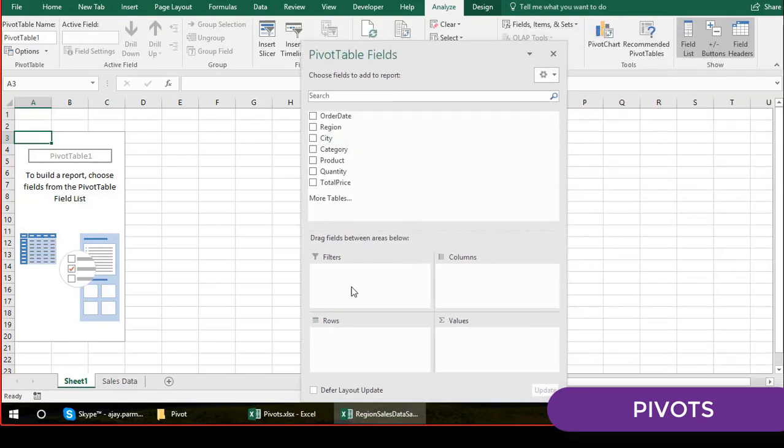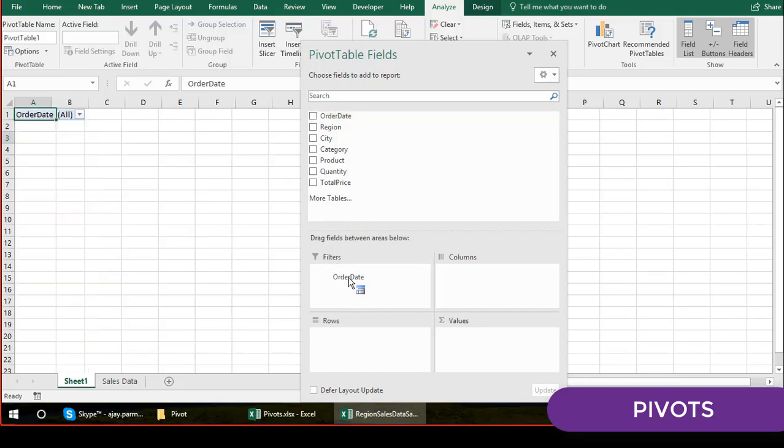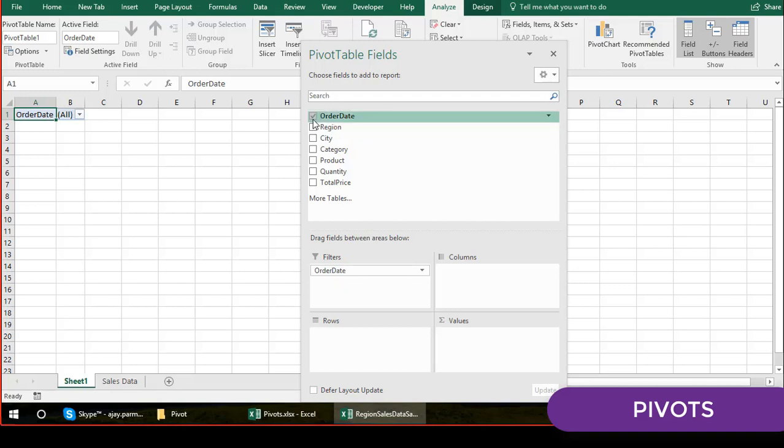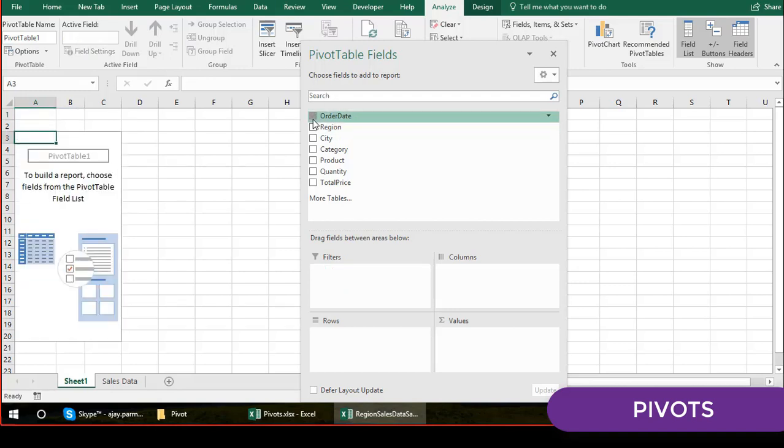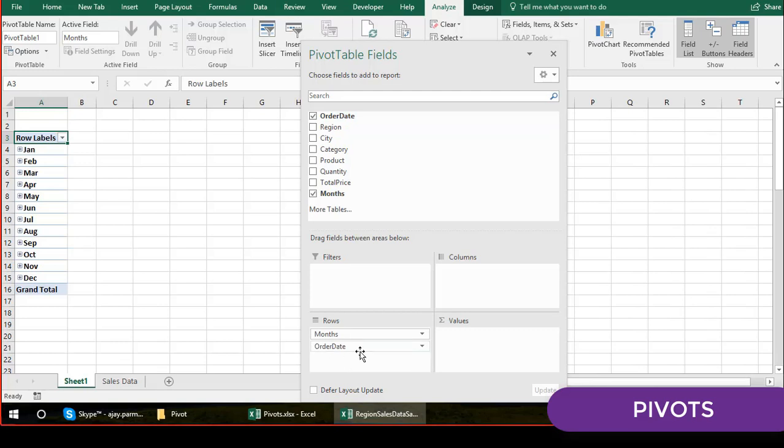The pivot table is divided into four sections: filter, column, row and value. Whatever you put here from these headers, these are your table headers, whatever you put here will be shown in the form of the filter. Look at this, I'm just dragging it and releasing my button, like the way you drag. You can also click, and if you uncheck it, this will be gone. So you can also click and this is going to come here, right?